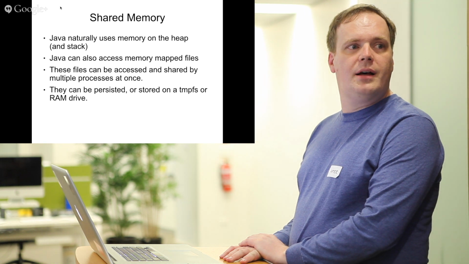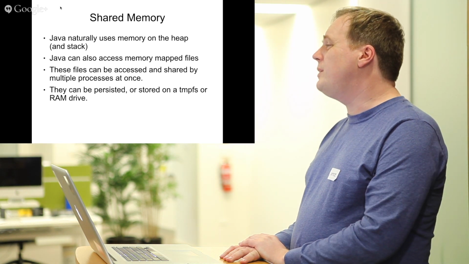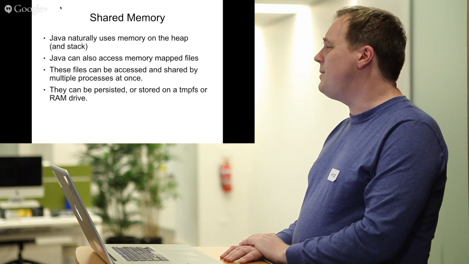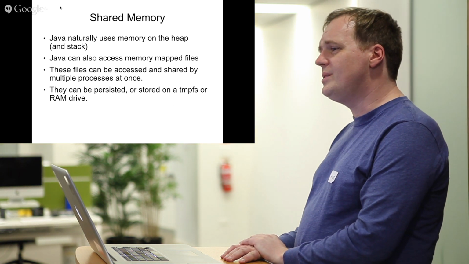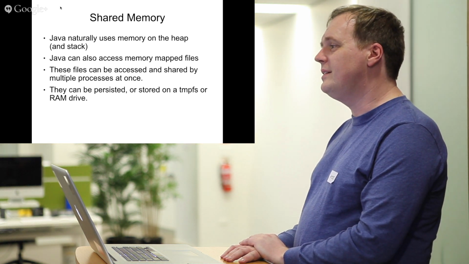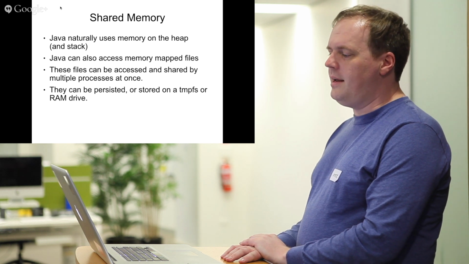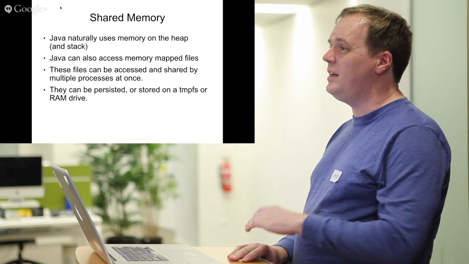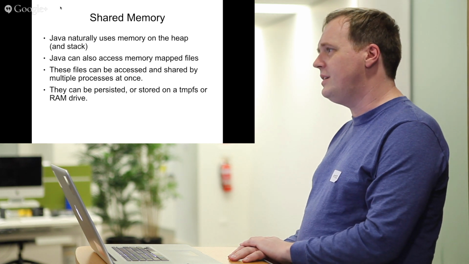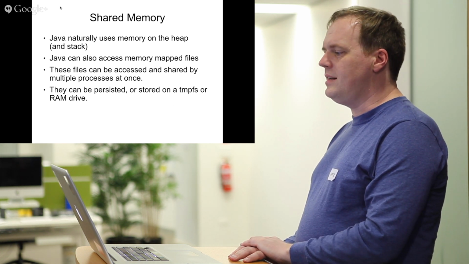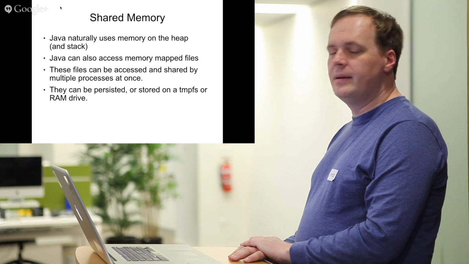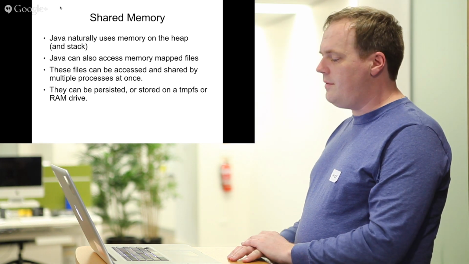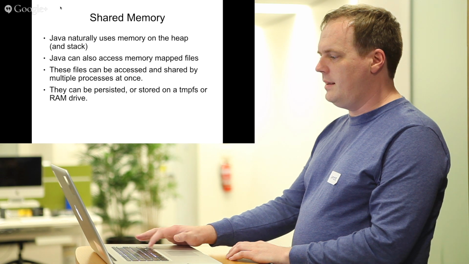I have a library which does this already called Chronicle, and what that does is it allows you to write out messages at an extremely high rate, between 5 and 20 million messages a second from a single thread, and consume those messages in other processes. So you can have effectively a queue that writes everything, logs everything, and does it in sub-microsecond timings. Using a similar concept to this, I've then gone on to develop